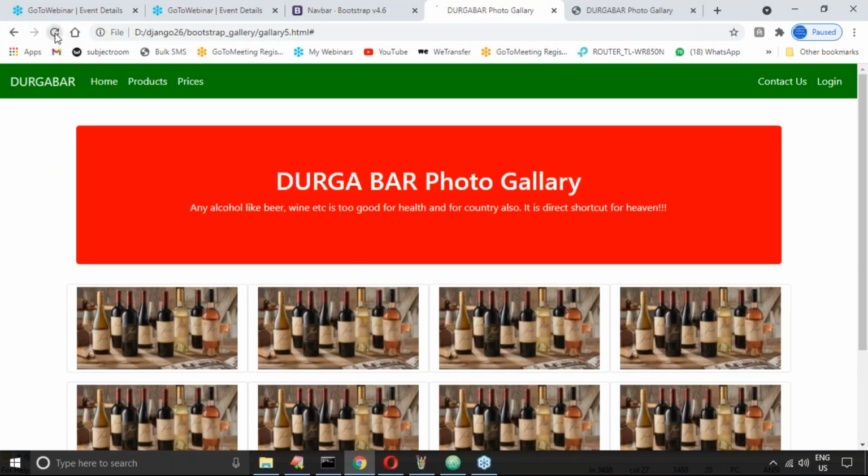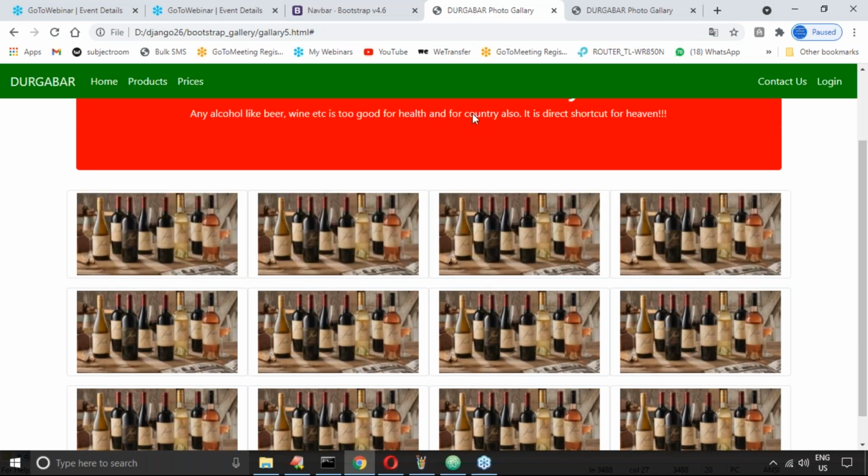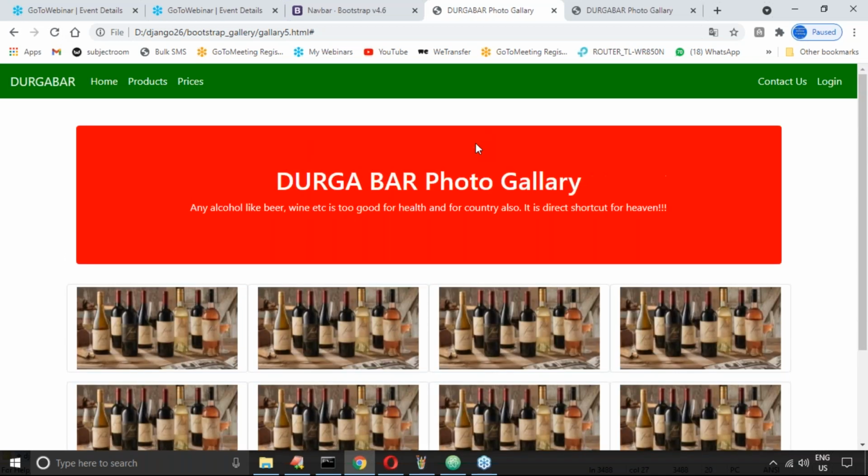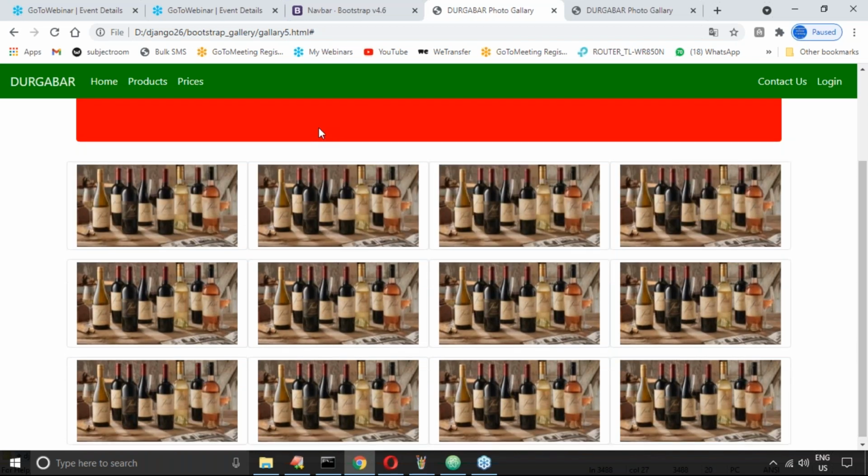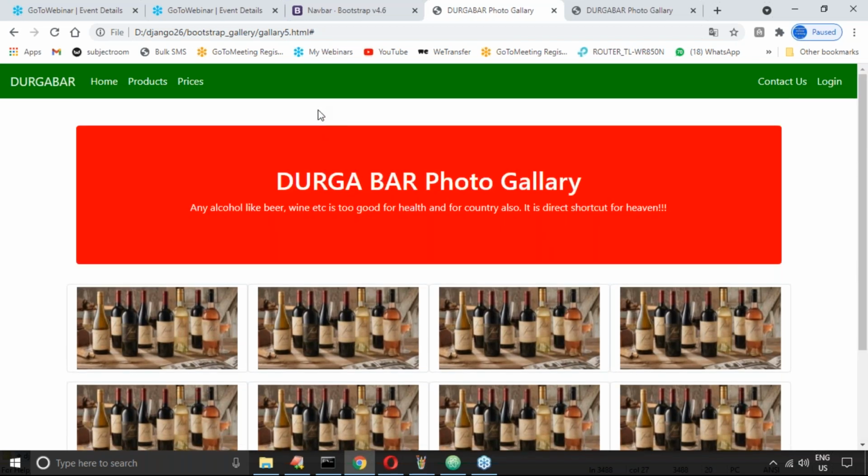Yeah, have you observed, right? Now have a look once. Yes, it is a fixed top nav bar. But this one is not coming inside the container. Observe. If you want, we can take this inside a container, no problem. Because of fixed top, some styles are going to be overridden. Fixed top by default always takes the full screen. That's why, if you want, we can do that, no problem. Clear? Any doubt?